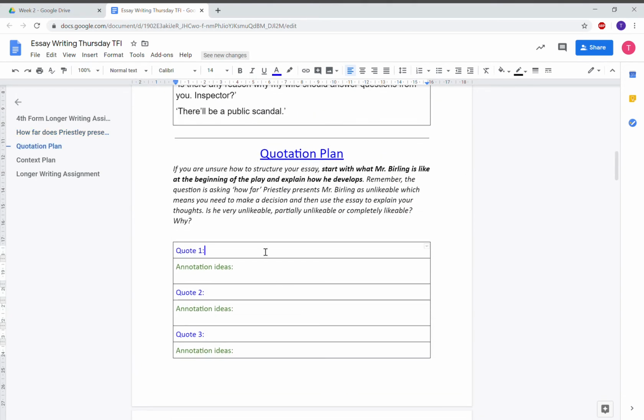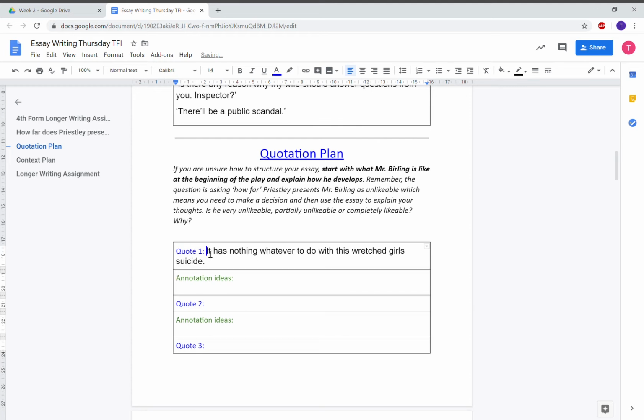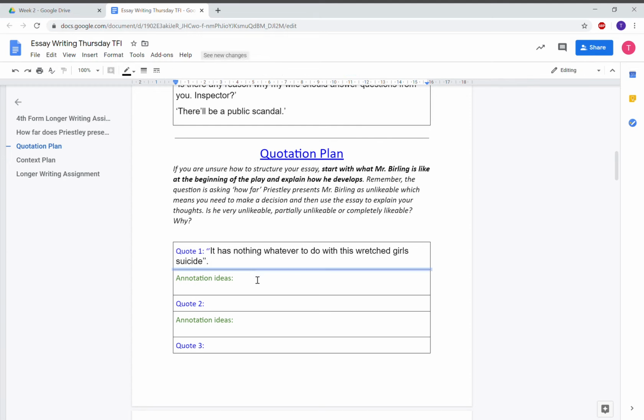And I'm just going to take the benefit. Well, one of the benefits of being on a computer is we can just copy and paste. So my first quotation's here. I am just going to copy and paste it like that. So where it says quote 1, I have my first quotation. Next, before I start to write my annotation ideas down, I'm going to highlight the words that I'm going to annotate. Okay, so I'm going to highlight